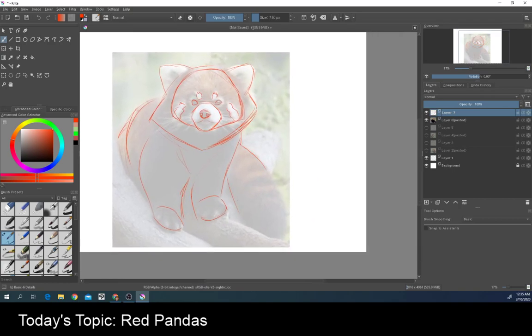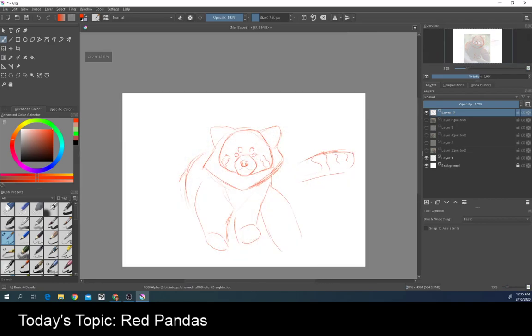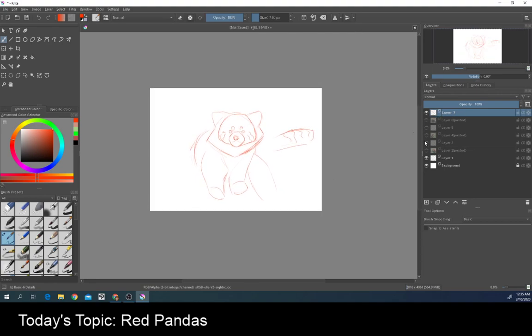There's also this lovely tail back here. I love red panda tails. They're just like this fluff ball with stripes, and they are so cute. Okay. We're gonna do one more and then we're gonna try drawing one on our own. So let's go ahead and